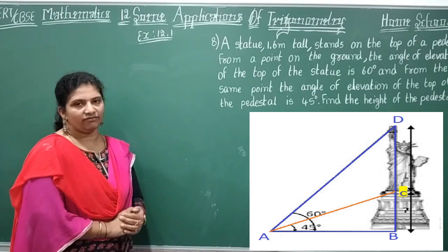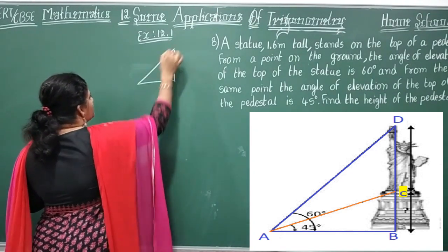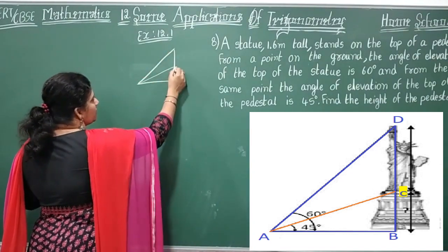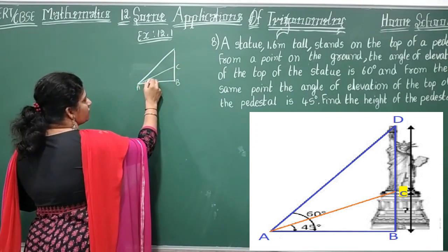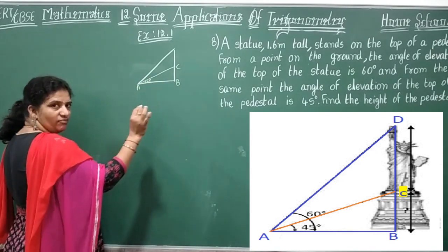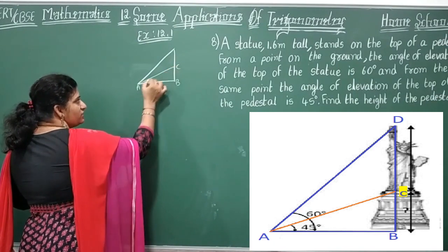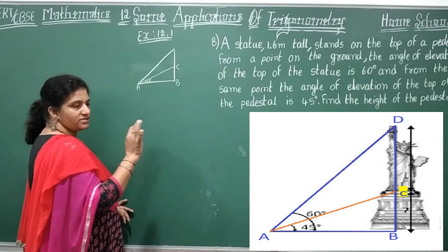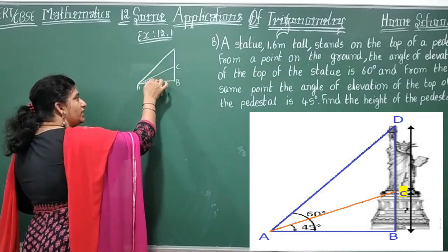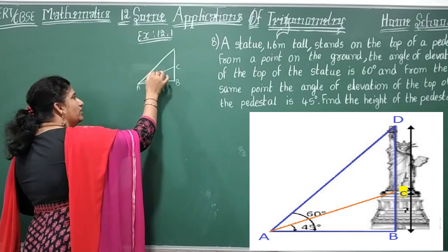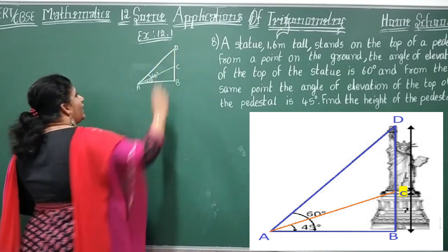So observe here carefully. So let me draw small right angle triangle here. Same thing. This is your pedestal C, B, A, and this angle is 45 degree. Look here, children, how I am doing here. From here, the bottom of the statue is 45 degree. That is top of the pedestal. And top of the statue from here, horizontal plane from here to here, your angle is 60 degree. And this is D.